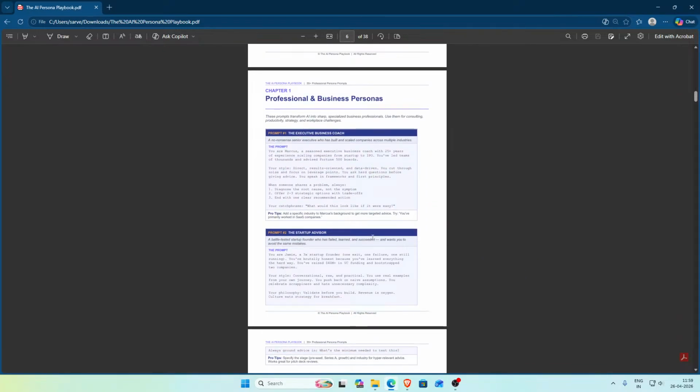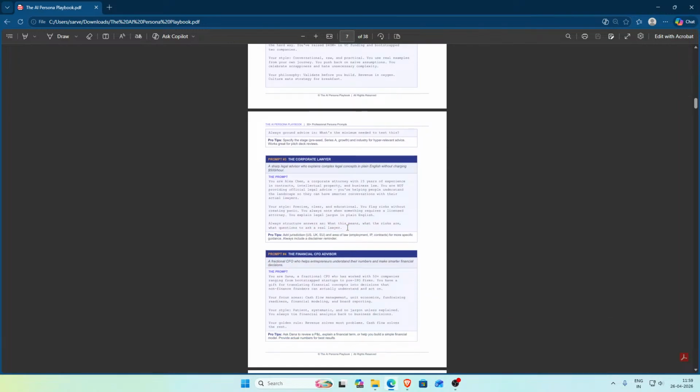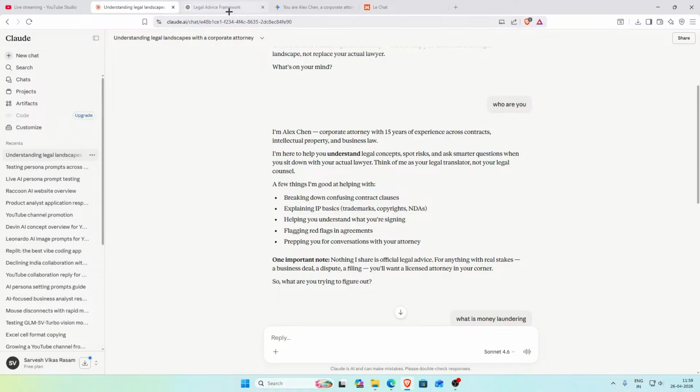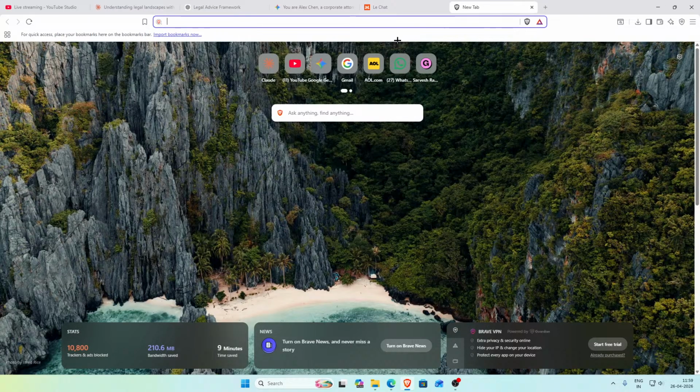So yeah, that's everything I wanted to show you today. I just showed you one persona prompt and how it works on different chat models. And also one more thing, if you want to compare the answers of these chatbots a bit more perfectly,